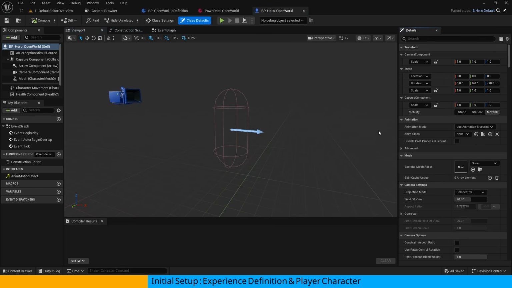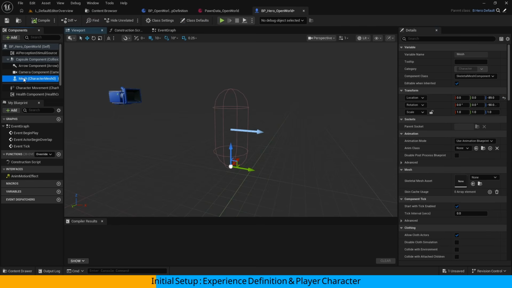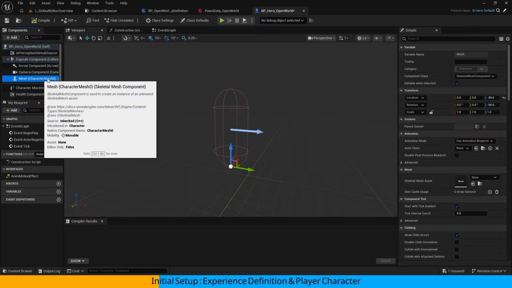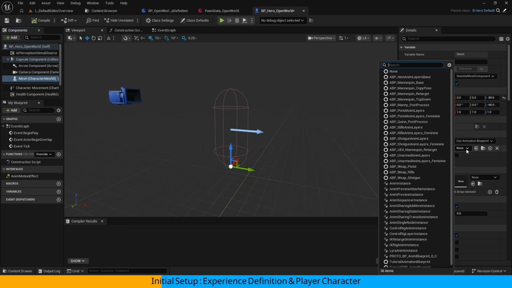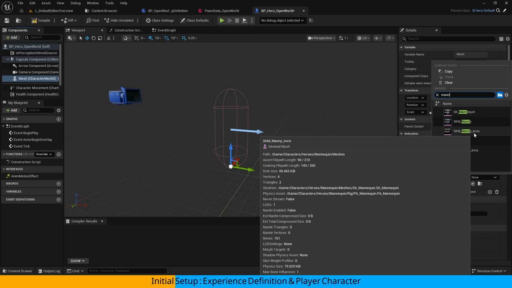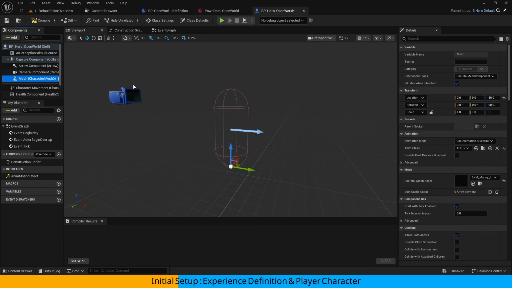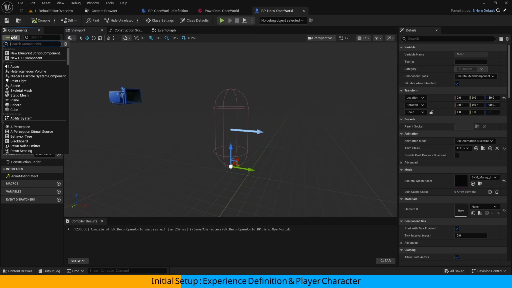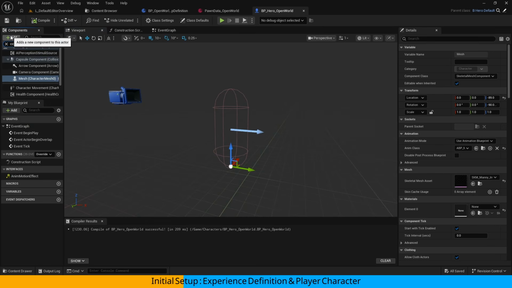So here, the first thing is going to come over here and make it -89, and still in the same thing, the mesh and animation to be mannequin base, and here skeletal mesh, look for Manny, invisible, and last thing is gonna look for cosmetics,